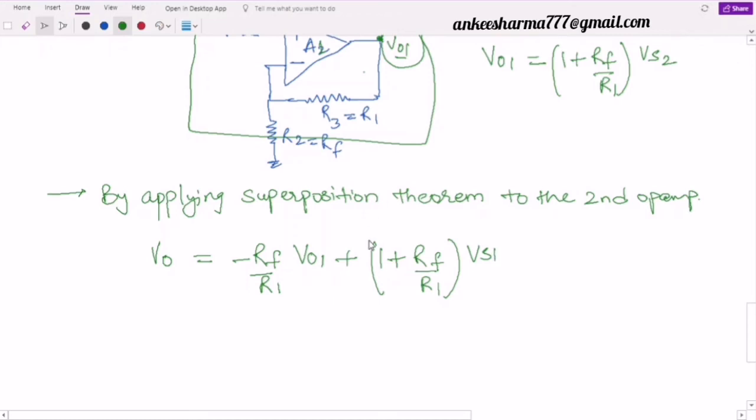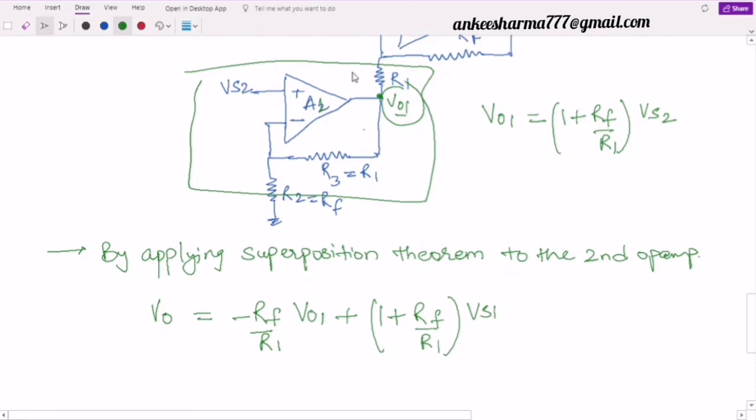Now we have got here V01, but if you see the first stage of our operational amplifier, the first op-amp, we have already calculated the value of V01 as 1 plus RF by R1 of VS2. Oh, sorry, there is a small change here. I can't write here 1 plus RF by R1. The reason is my feedback resistor over here is R3. Look here, this is my feedback resistor R3, and my series resistor here is R2. So it is 1 plus R3 by R2 of VS2, or in the other way I can say V01 is